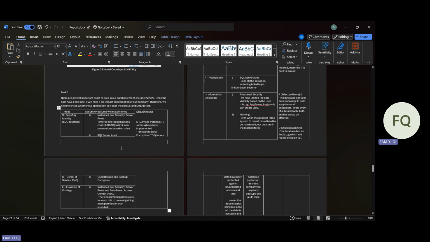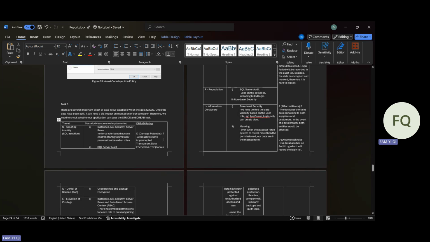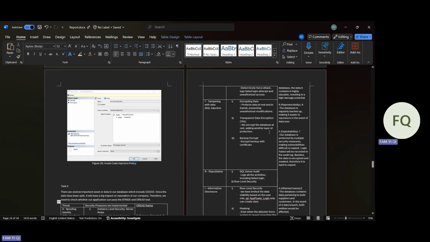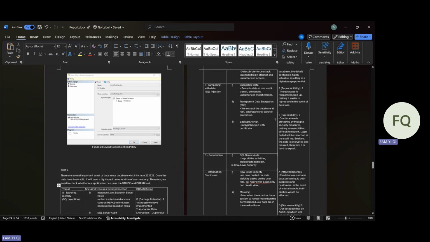For the DREAD rating, I think D is around 7 because although we implemented encryption on our database, the data is still valuable, which will cause high damage potential. R is around 8 because the database is regularly backed up, so it's easier to reproduce. For the E, exploitability, it is 7, because our database is protected by multiple security measures, making